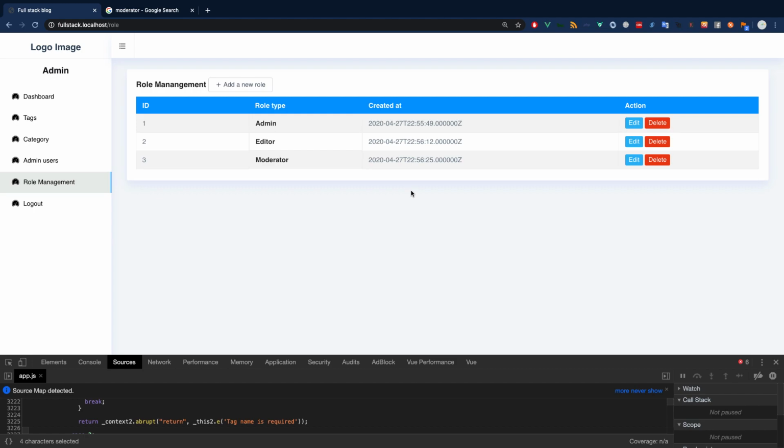Okay, in the next tutorial, what I will be doing is that I will assign different access control lists. I mean different lists like tags, whether admin can add, edit, delete tags, category, users, and all those logical stuff. Okay, so in the next video, I will show you